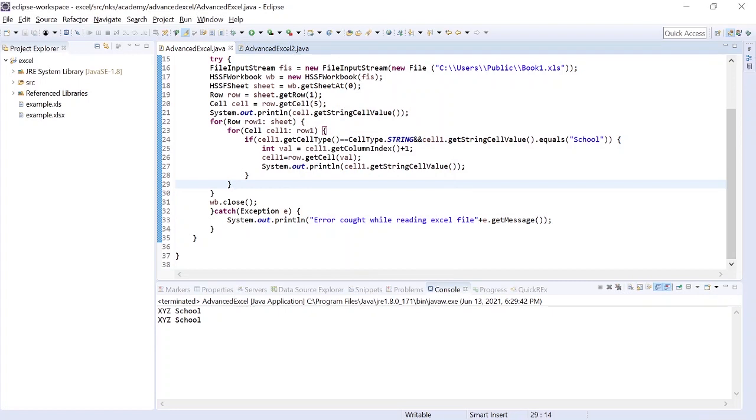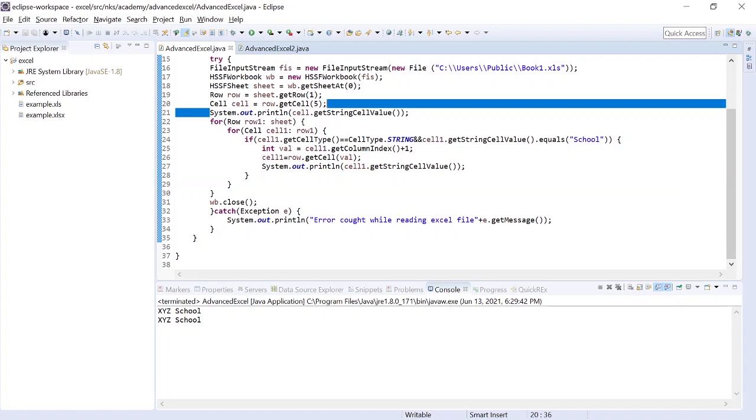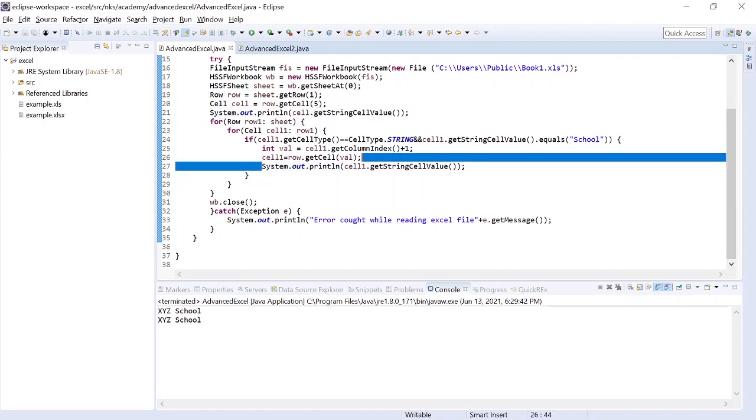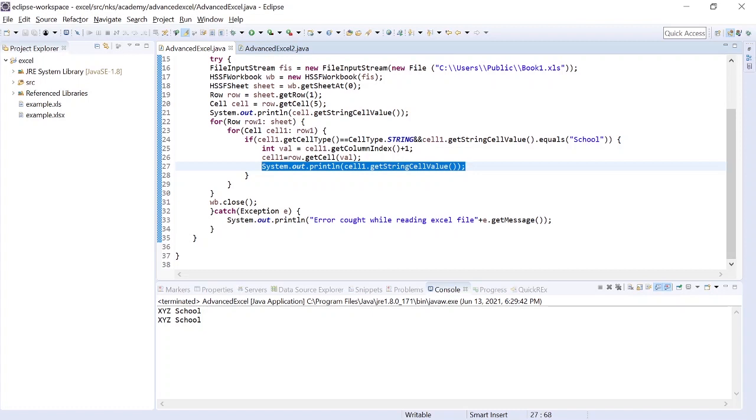Now XYZ school has been printed twice, one because of the first system.out.println and the next because of this. Now suppose we want to make it more dynamic. Suppose in one of the report cards school is written in capital. So instead of placing OR conditions, we can just do equals ignore case.